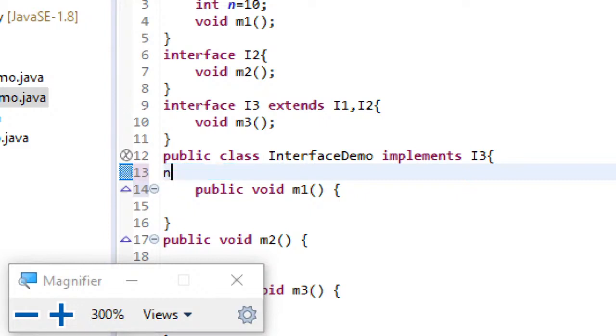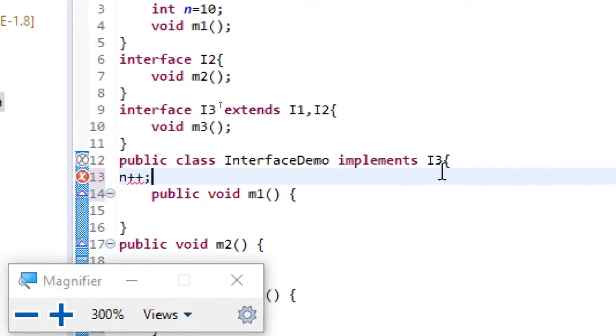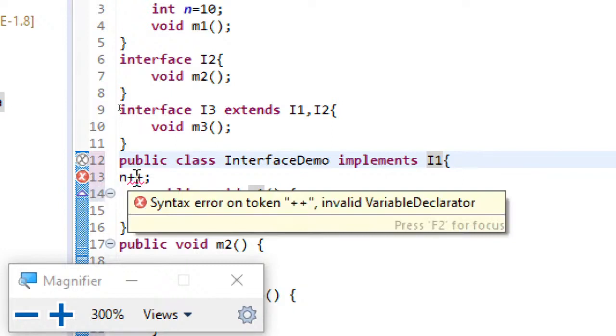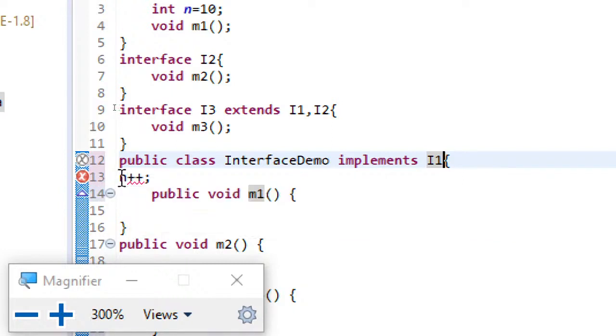Okay, let me say n plus plus, and let me replace this with a1. I can't write it outside the statement, so let me write it here.